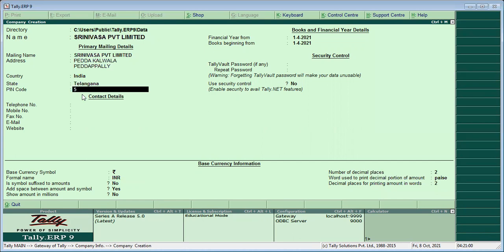Pin code number 505174. Telephone number: if you have any telephone number, simply you can enter it. And next mobile number, if you have a mobile number, 987-654-3210. Fax number, enter the fax number.